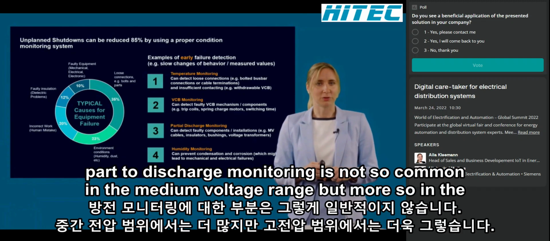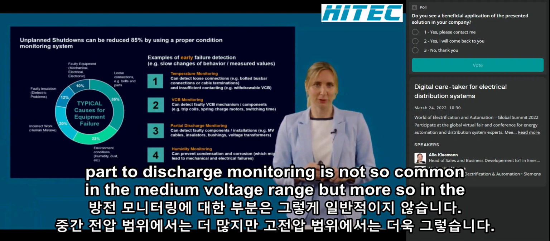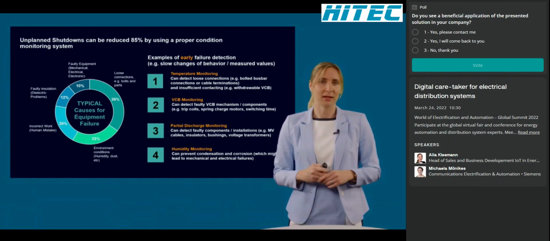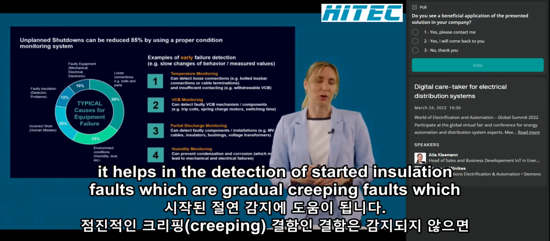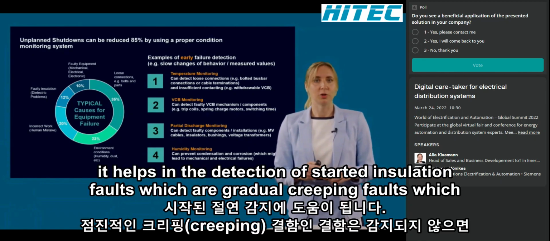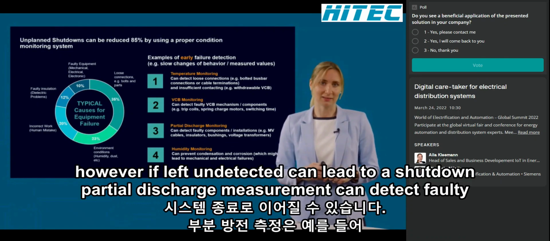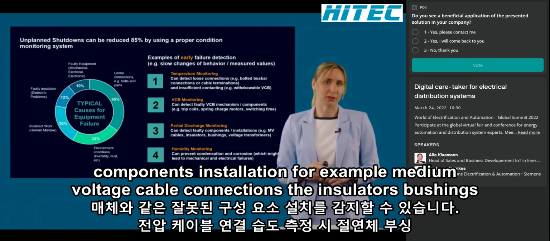Partial discharge monitoring is not so common in the medium voltage range, but more so in the high voltage range. However, we are seeing more and more inquiries in the medium voltage area as well. It helps in the detection of started insulation faults, which are gradual, creeping faults, which, however, if left undetected, can lead to a shutdown. Partial discharge measurement can detect faulty components installation, for example, medium voltage cable connections, the insulators,